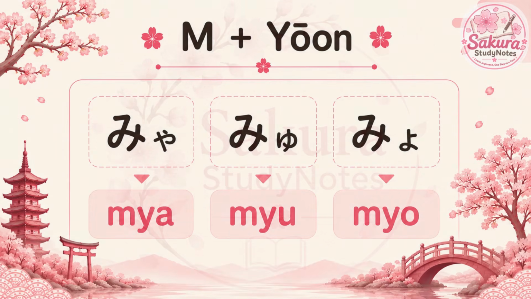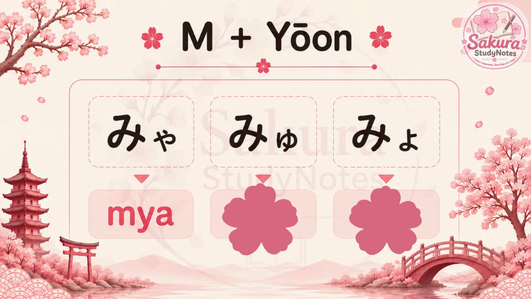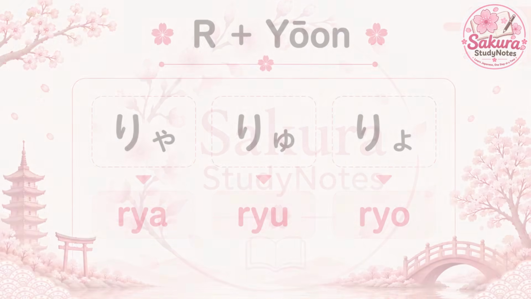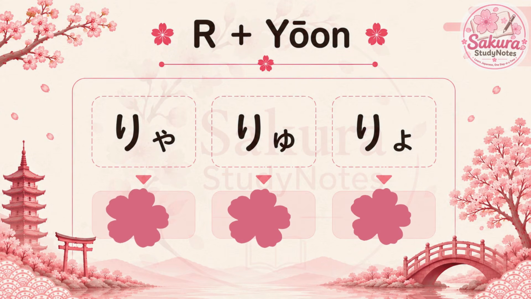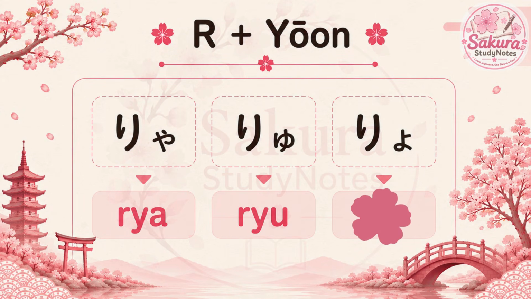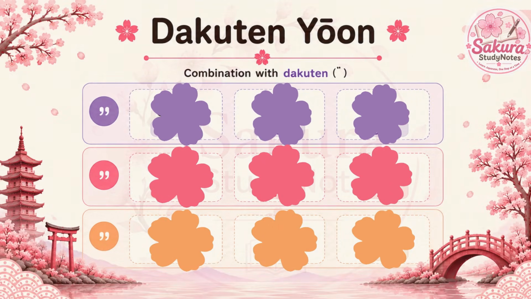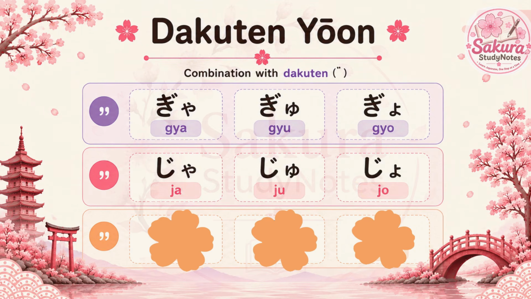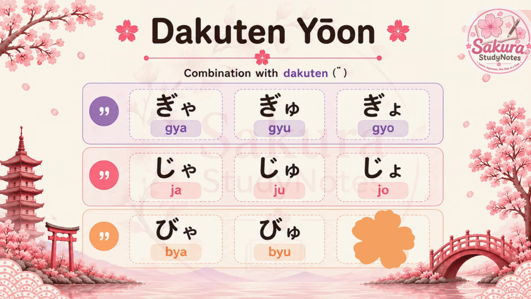M plus Yōon: Mya, Myu, Myo. R plus Yōon: Rya, Ryu, Ryo. Yōon with Dakuten: Gya, Gyu, Gyo. Ja, Ju, Jo. りゃ、りゅ、りょ。